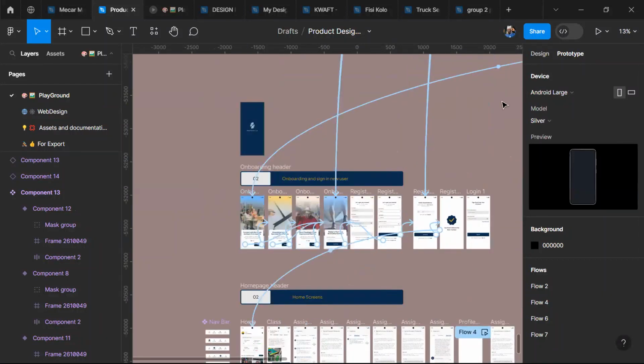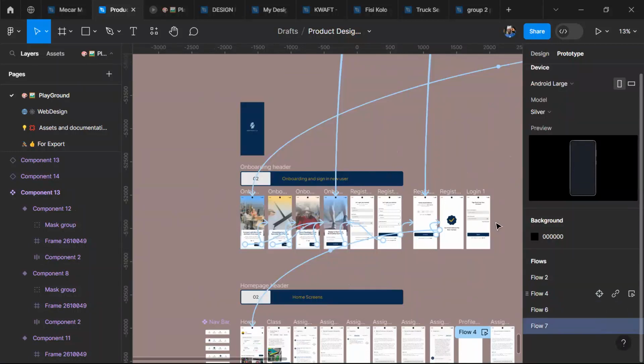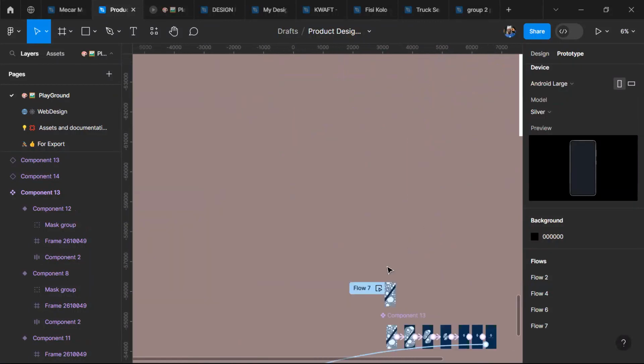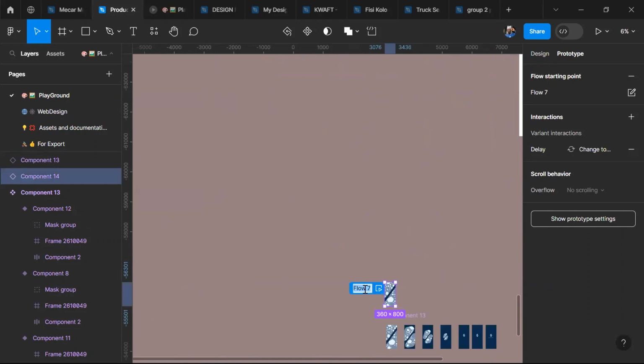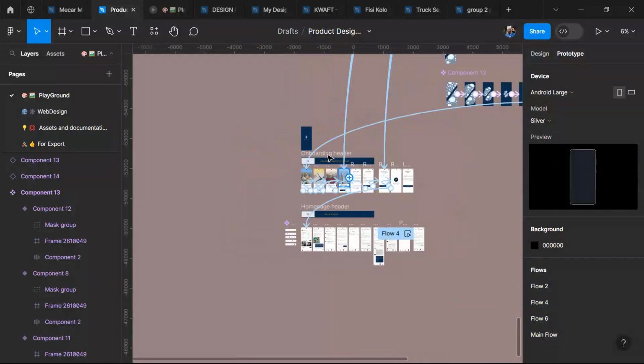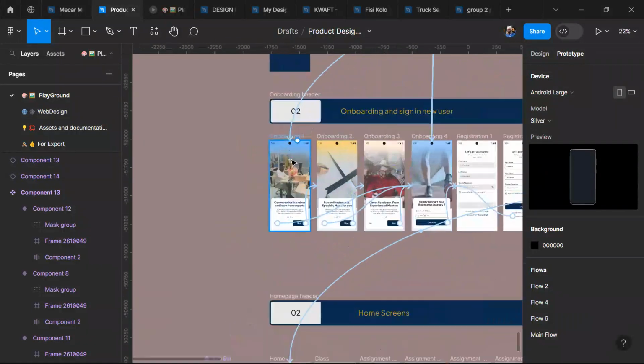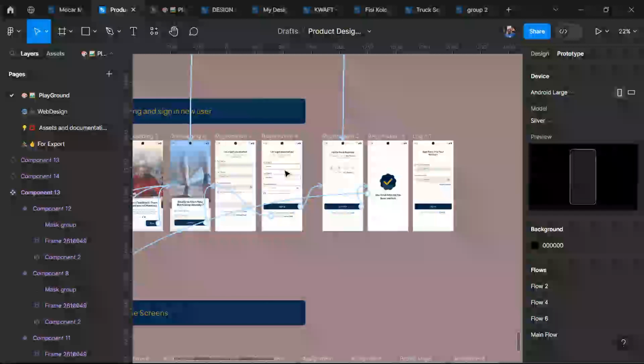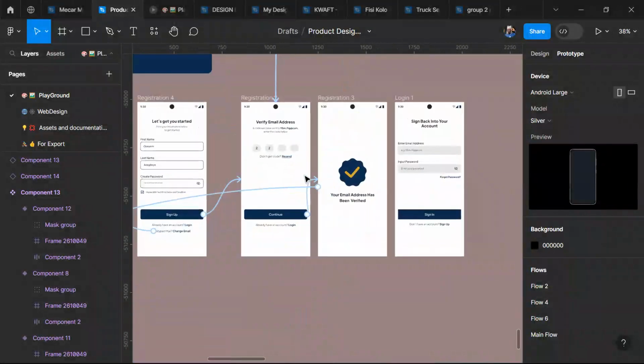So that's flow 7, if I'm correct. So you can also rename your flow. Let me rename this one to main flow. So that's my main flow. So now I have that, and that brought me here. I think we've done all of this up to this point. So the other thing that can still show us here is